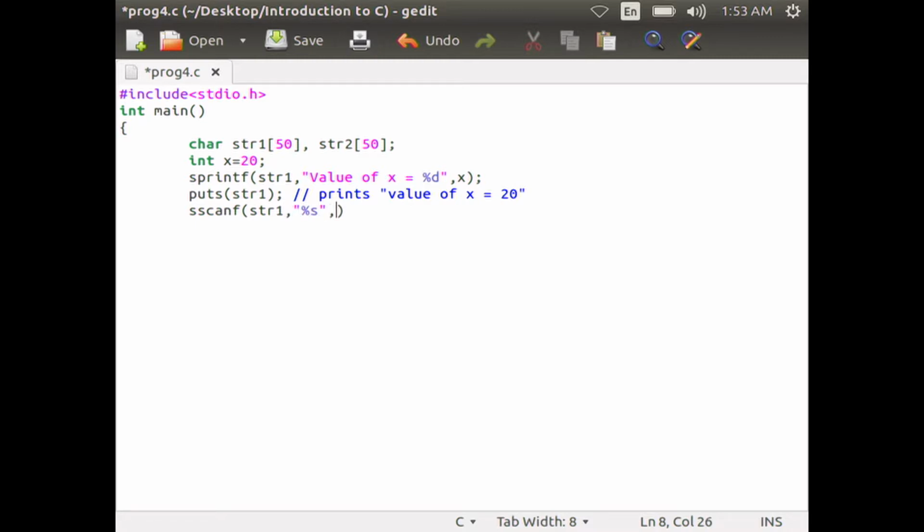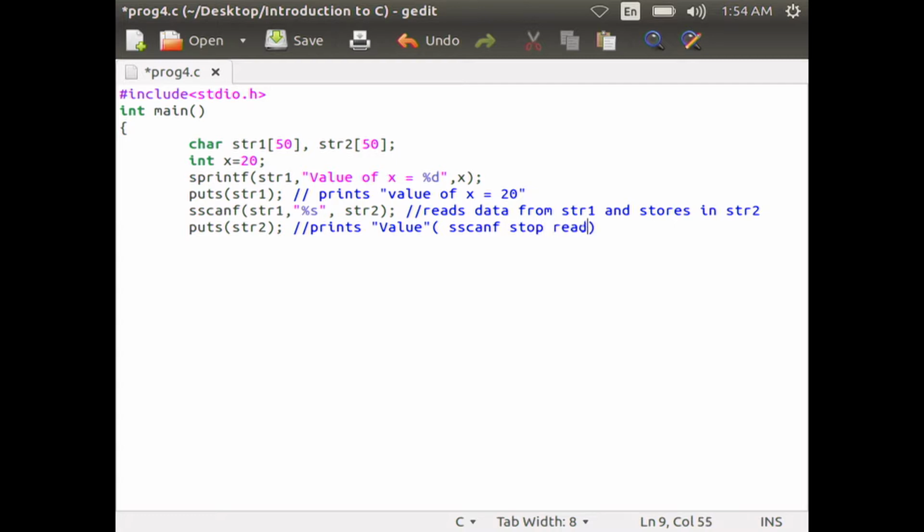This reads data from str1 and stores in str2. Then in the next line you type puts str2, and you can comment it as: this prints value. Sscanf stops reading when it sees a space. Then return 0, close the curly brace.